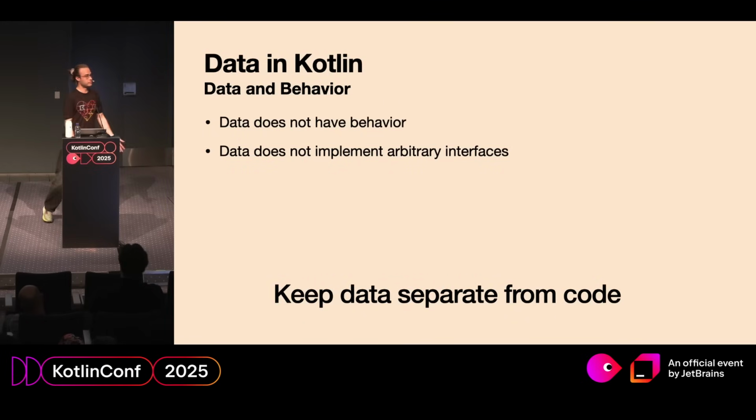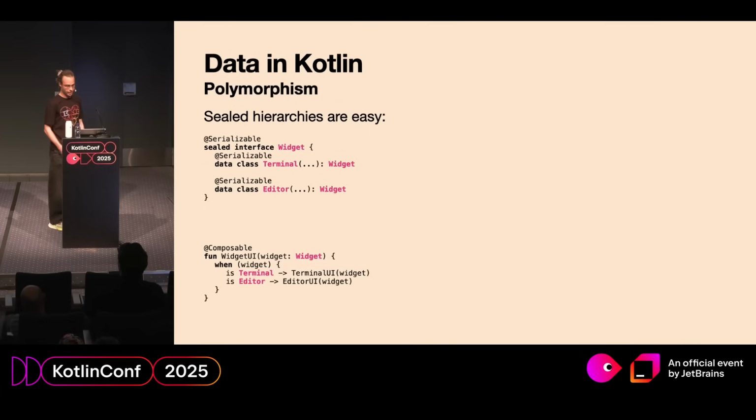Data doesn't have behavior, so we need to be able to associate some behavior with data, and do it not by implementing some arbitrary interface. That gives us additional benefits: you should be able to share these data classes throughout the system, between platforms, and make it shared code with the server. So let's keep the code out of these modules that define data.